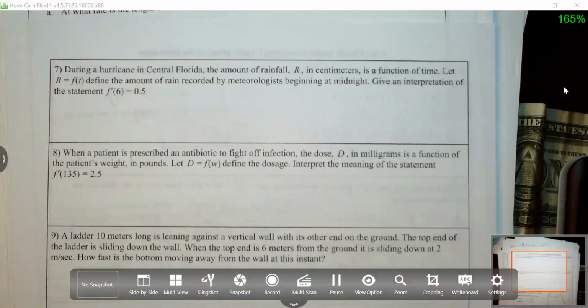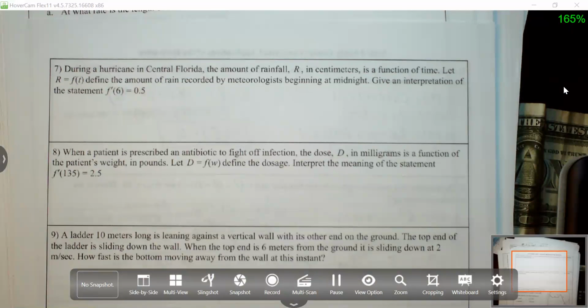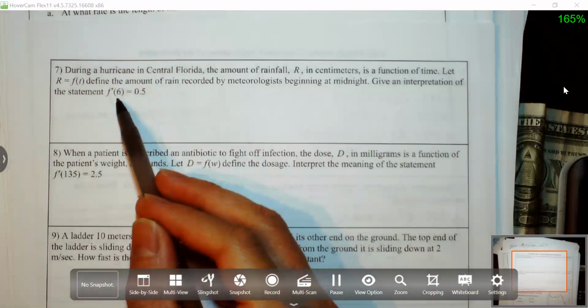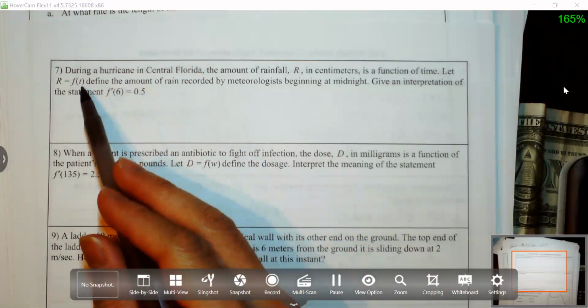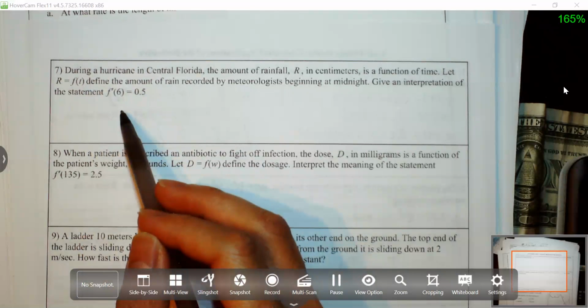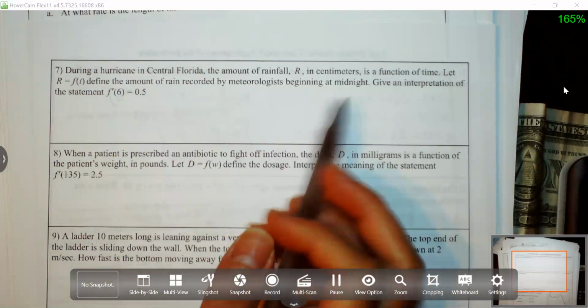Let R equals f of t define the amount of rain recorded by meteorologists beginning at midnight. Give an interpretation of the statement f prime of 6 is equal to 0.5. So 6 is in place of t, so 6 represents the time, and we are recording beginning at midnight,